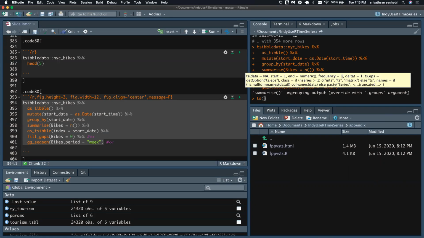On one hand, I filled gaps. On the other hand, I kept it as a time series based model and ran ARIMA models. I got 2 different models with 2 different model accuracies. The fable package gave me a poor accuracy, but the time series one gave me a better one. So you have to be mindful of what you're doing. Okay, that's the point here.